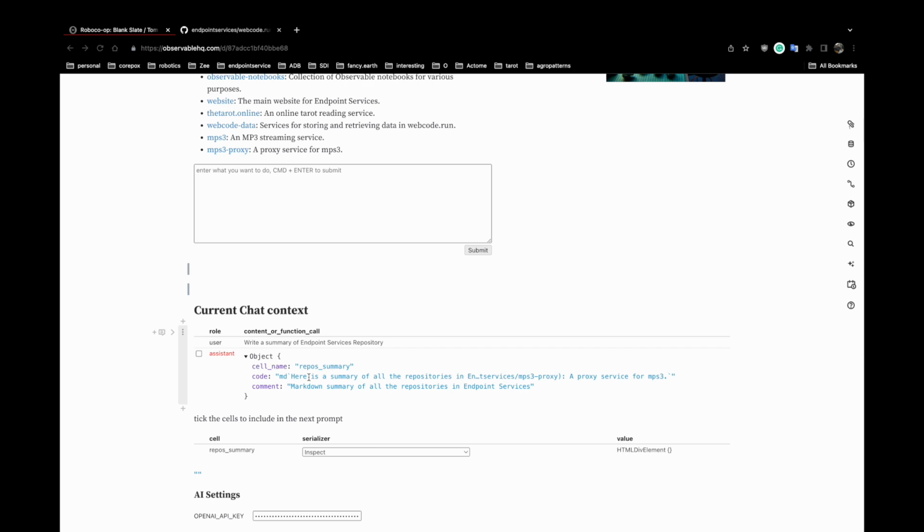And now we can jam off this one in a more focused manner. So I'm thinking that this markdown summary is nice, but it could be a lot better. I want to ask the robot to do a better job. I want it to look cooler for a markdown cell. And the problem with these LLMs is they don't really know much about Observable, so it won't actually be very